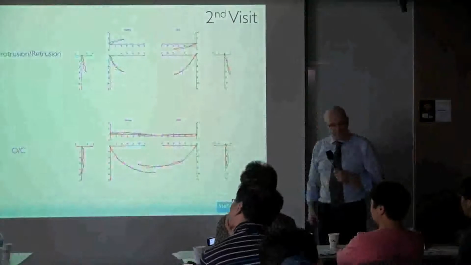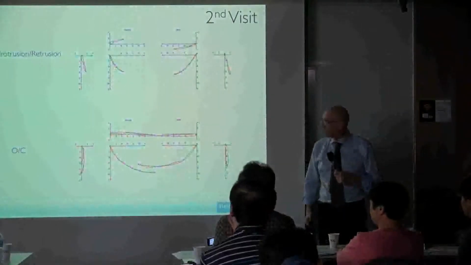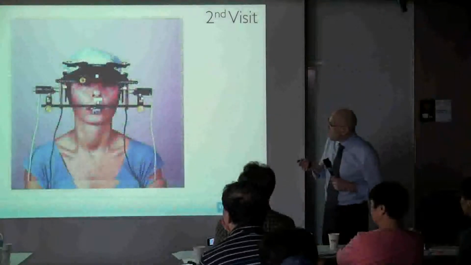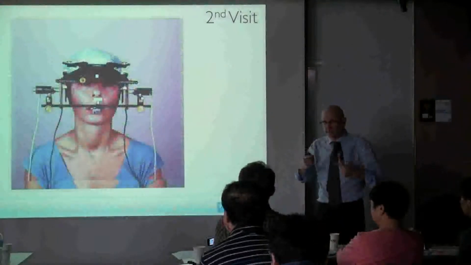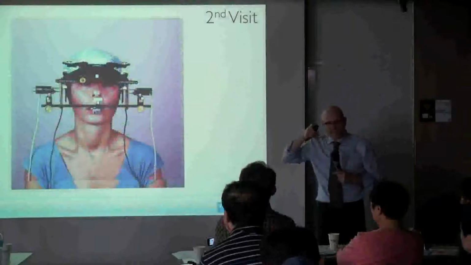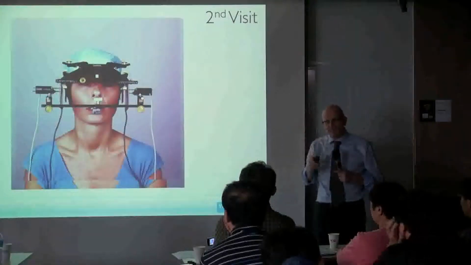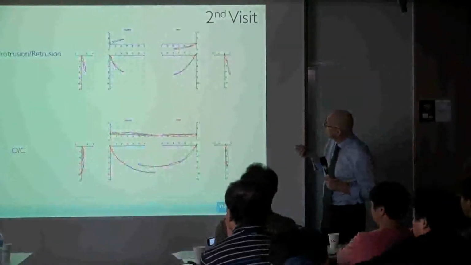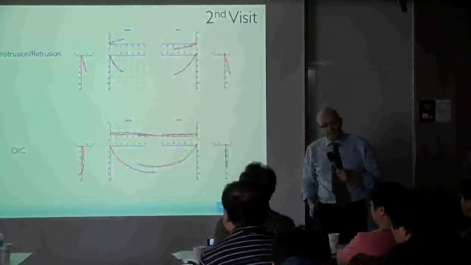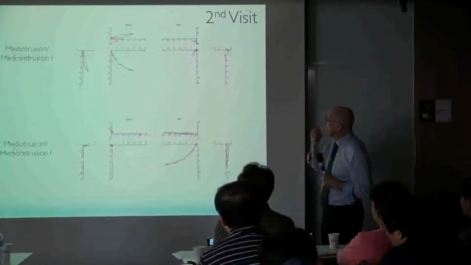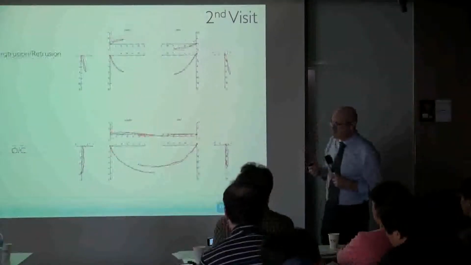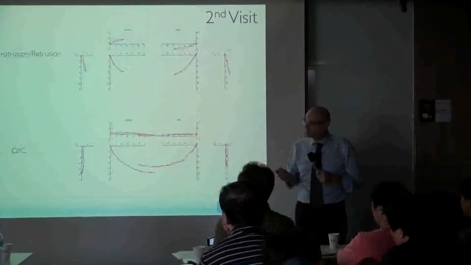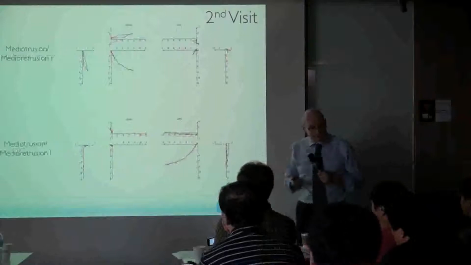And then you have these. This is what it looks like. Going back. Y-axis, left and right. And from the side, back and forth is x-axis, and up and down is z-axis. And you can see this scheme. Y-axis, Z and X. So you can evaluate by 1/10 of a millimeter. A standard protocol is protrusion, retrusion, open, close, medial protrusion left and right,